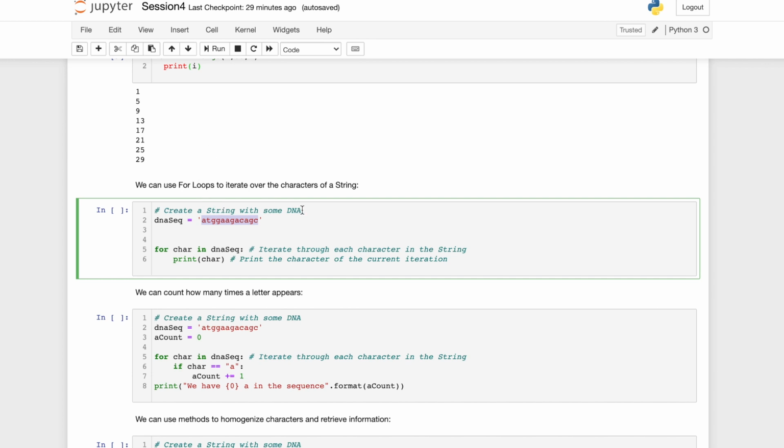So without further ado, let's dive into it. Let's first create a string with some DNA. I'm going to call it DNA sequence, and then I'm going to add ATG, GAA, which makes no sense. It's a random sequence that I made up. Once we have this sequence defined, I'm going to print each one of the characters of the sequence. And to do that, I will use